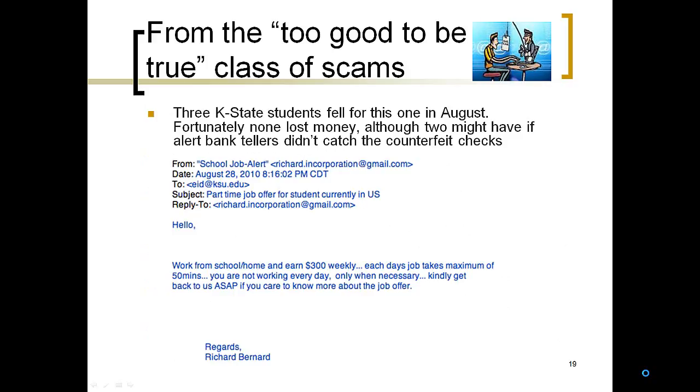From the too good to be true class of scams. Three Kansas State students fell for this one in August. Fortunately, none lost money, although two might have if alert bank tellers didn't catch the counterfeit checks. Okay, so here's what it looked like. From School Job Alert,